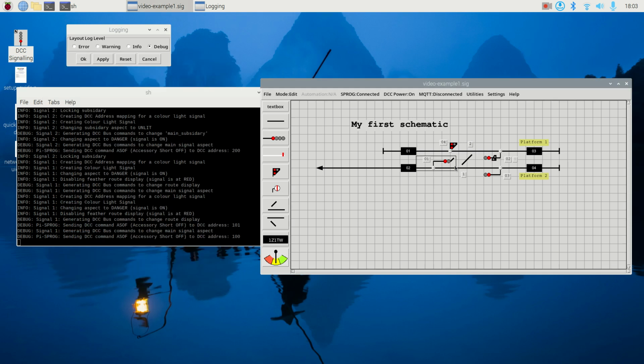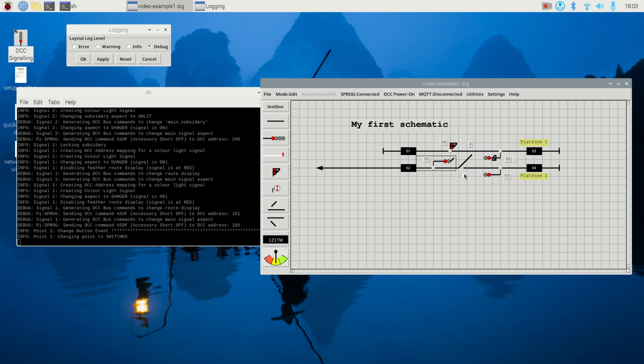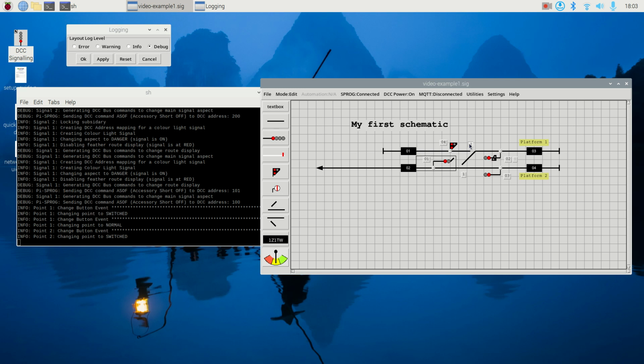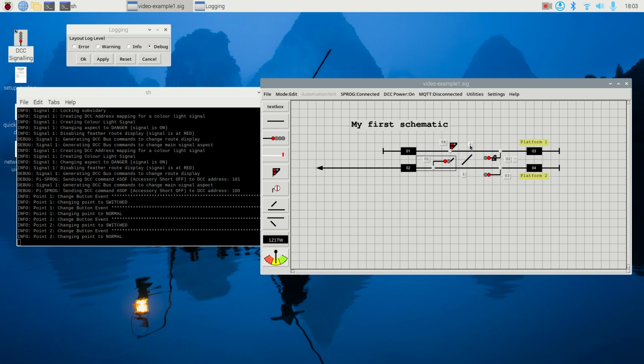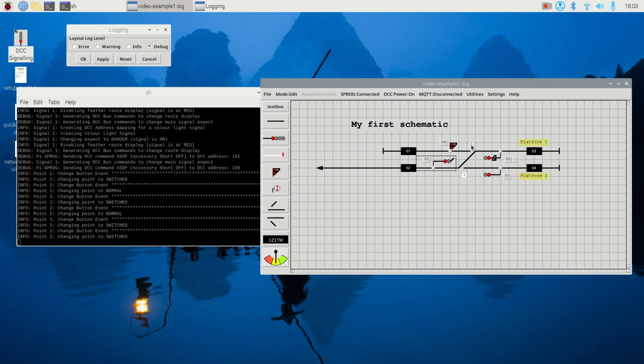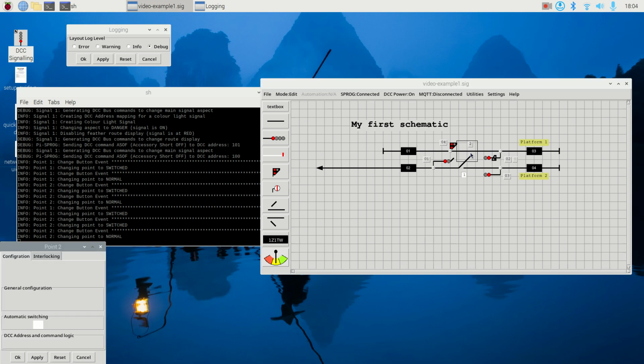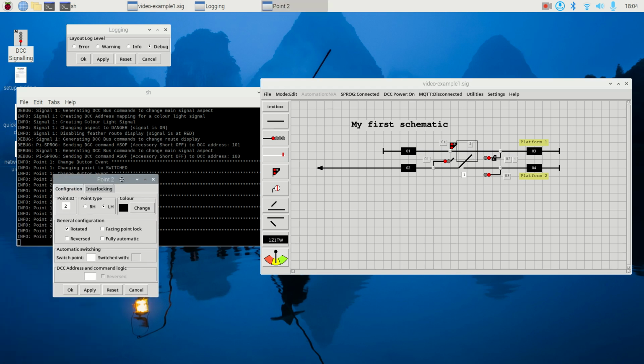Now we'll just turn our attention to the points. At the moment we've got 2 separate points, but we really want them to act together because it's effectively a crossover. It doesn't make any sense just changing one and not the other. So the first thing we're going to do is to edit point 2. If we double click on that to bring up the configuration window,